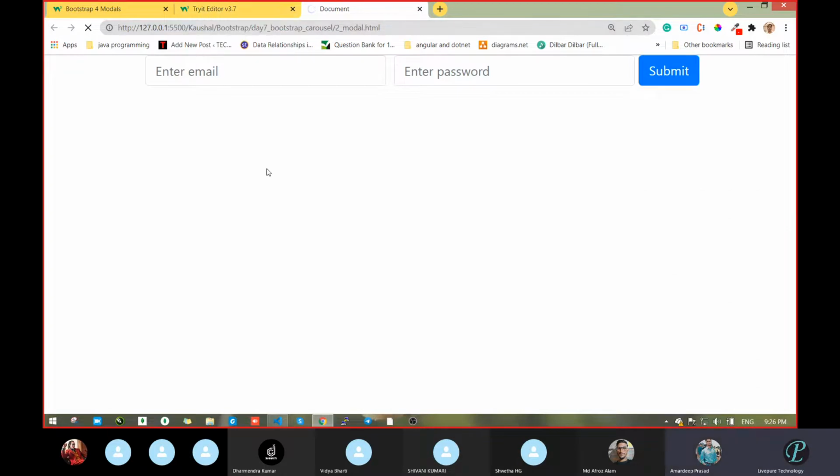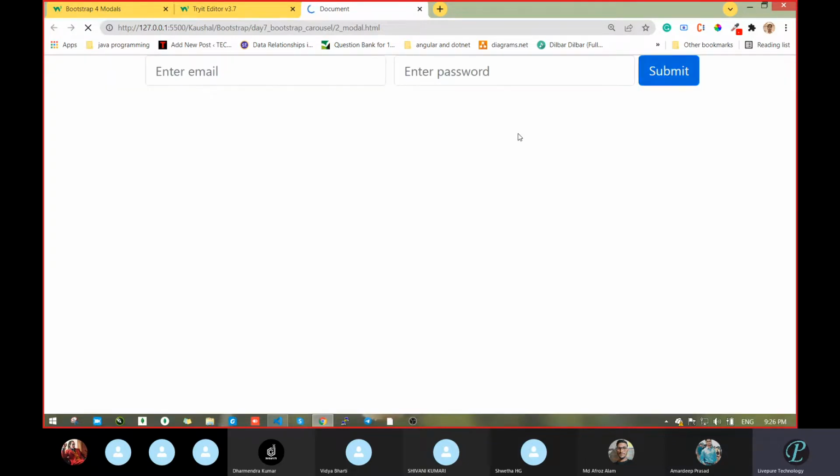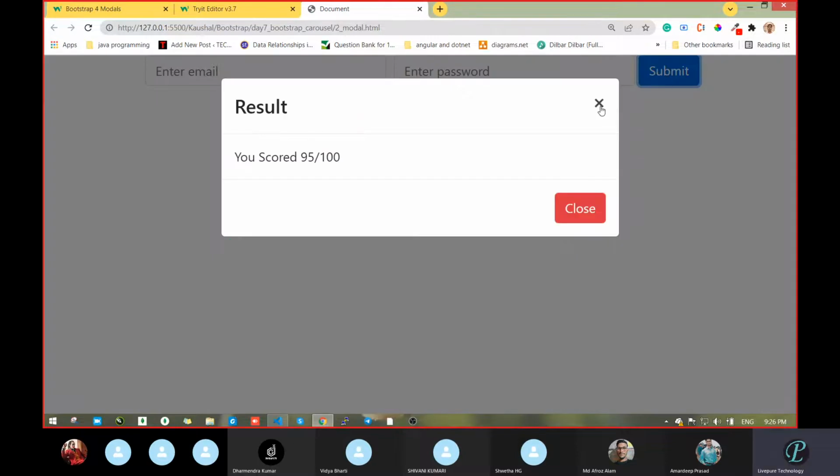See, what you have to search? Listen to the question first. I clicked on the submit button. The modal pop-up opens. When I click on the cancel button, it is going to close. But when I click outside this button, at that time also the modal is closing. I do not want it to close when I click outside. Can you search in Google and let's see who is getting what answer.